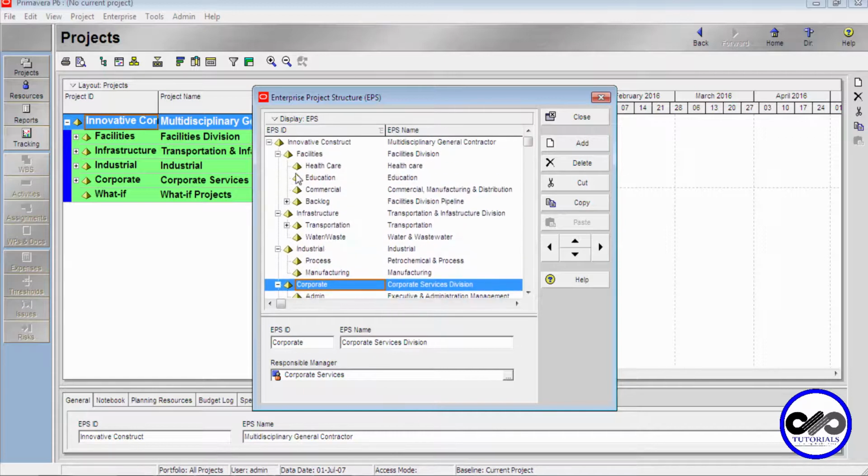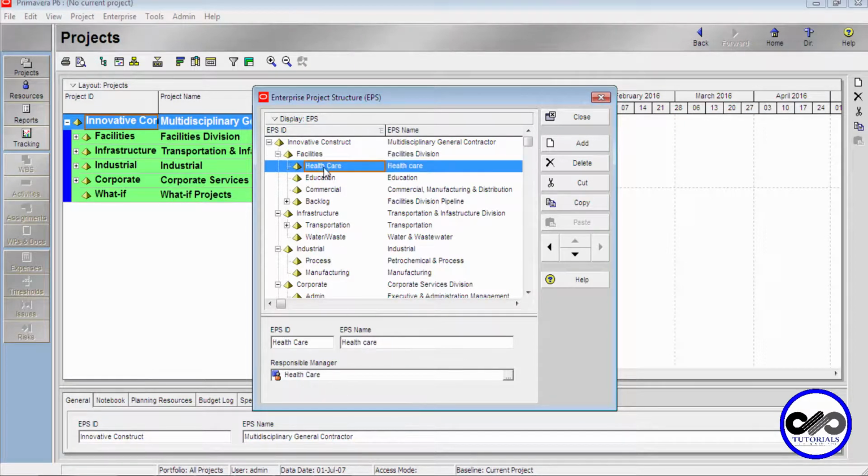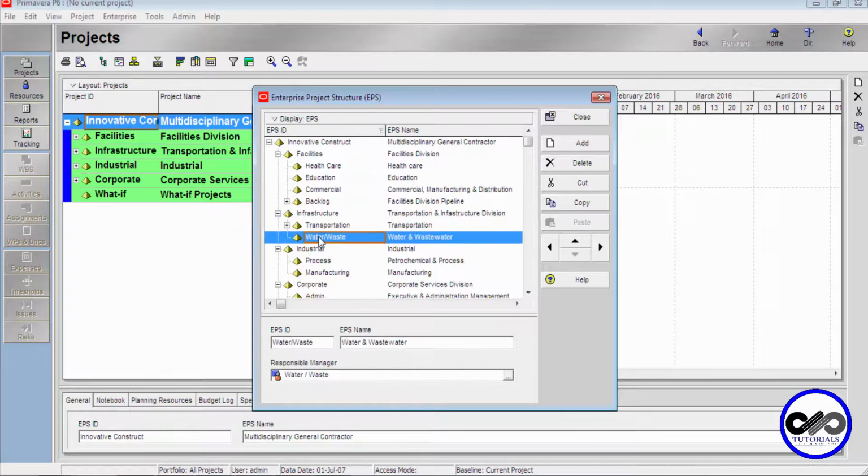and each node can be further divided into nodes as well as projects, and each EPS structure will be dealt with by EPS ID, EPS name and responsible project manager. The OBS that was created can be assigned to this particular EPS node or else project.